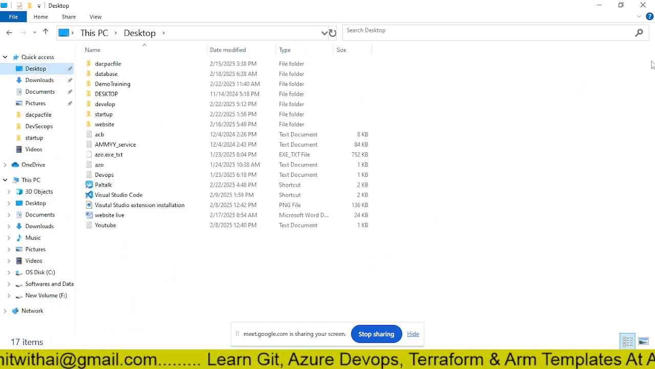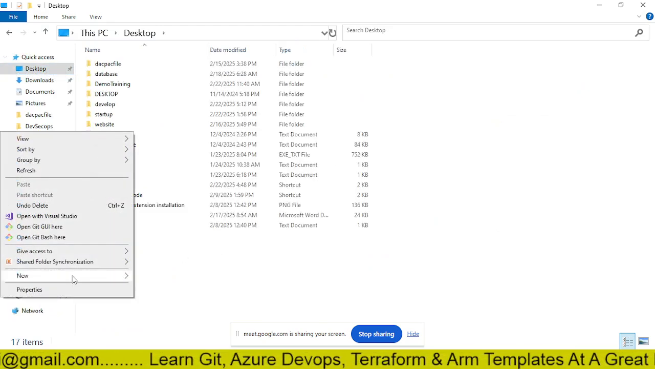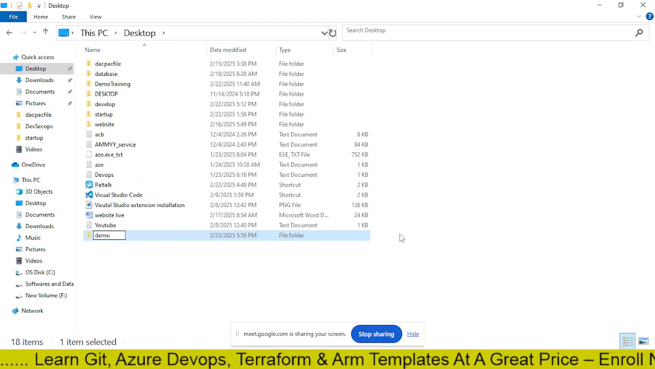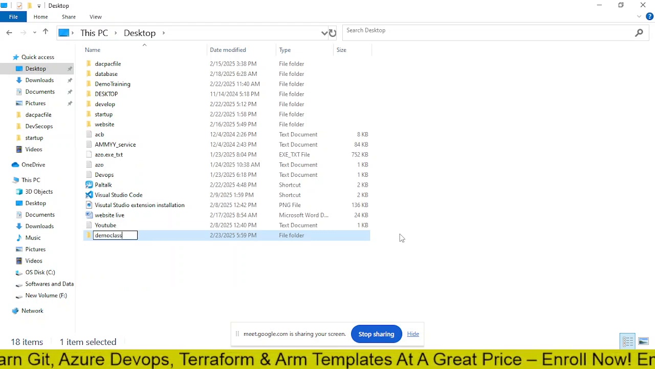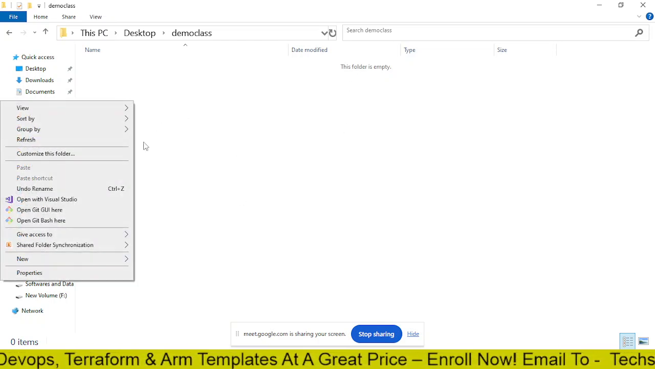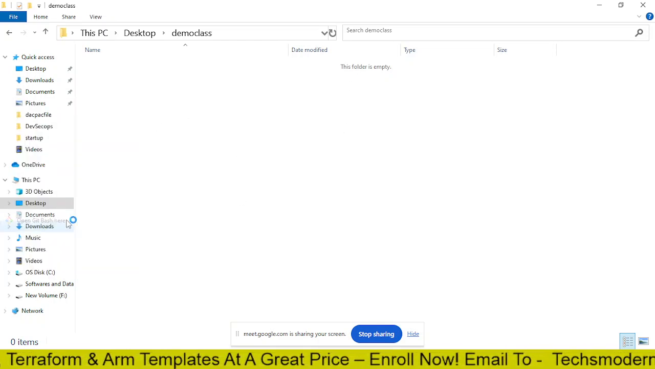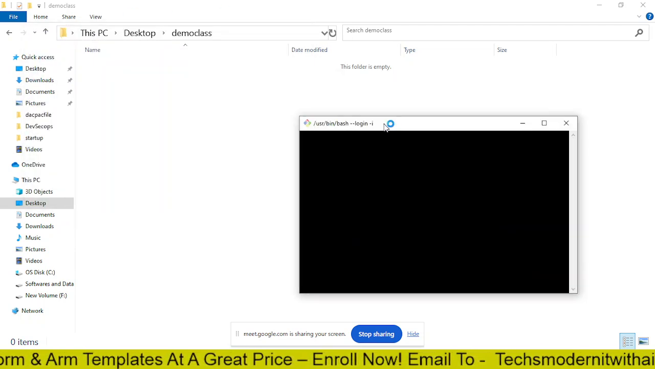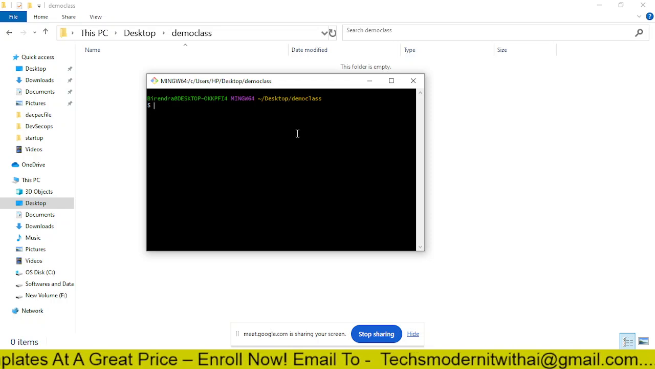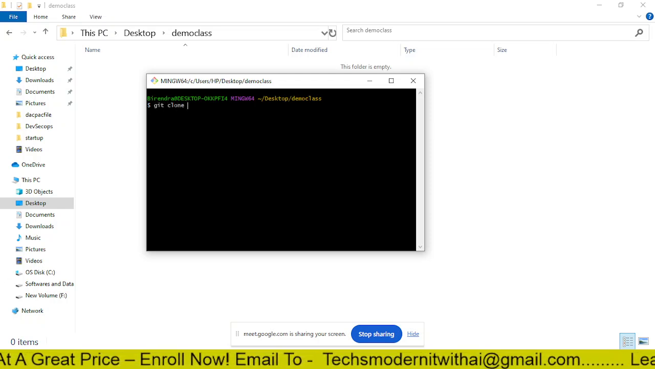Let's go to desktop. I will create a new folder, demo class. Okay, so let me do one thing. Let me open Git Bash here. This is something you will be learning, how to use all these tools. So git clone, and